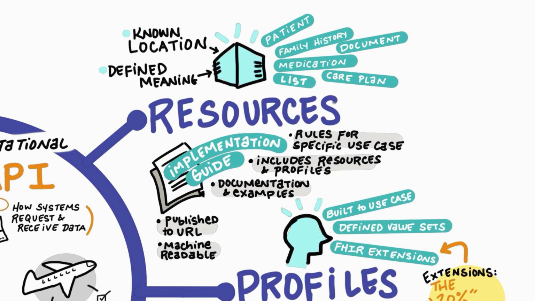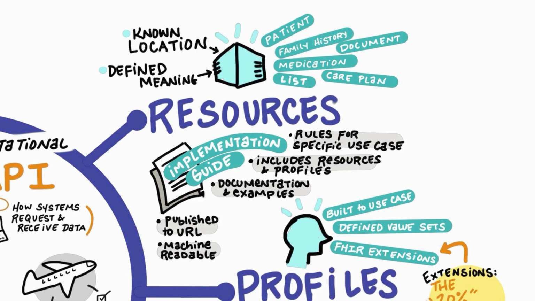The implementation guide includes all of the FHIR profiles that you need for that use case, all of the extensions you need, all of the value sets you need, and the rules and relationships for the data in that particular implementation guide. And HL7 has a web publishing tool so that you can publish your implementation guide